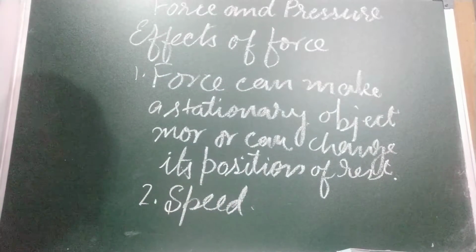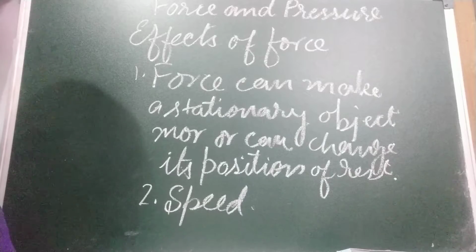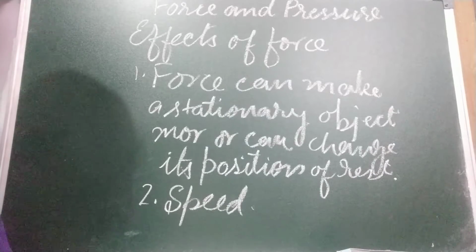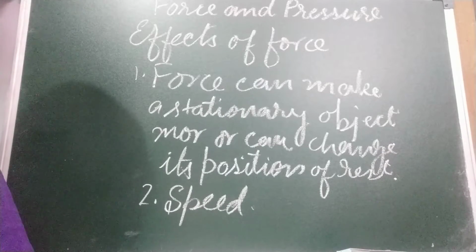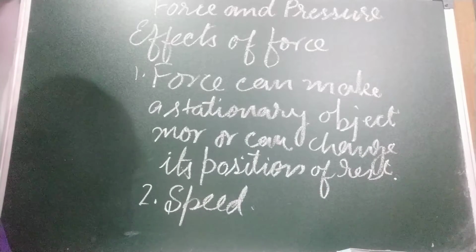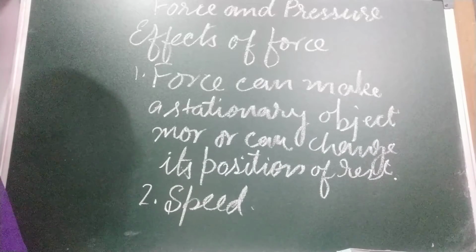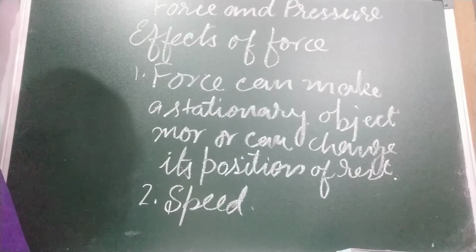A goalkeeper applies force to stop a football and reduce its speed to 0. If he is not able to stop the ball properly, it may only slow down and not come to a position of rest. When a player kicks a moving football, it starts moving faster. Okay, a goalkeeper slows down or stops a football by applying force in the opposite direction to which the football is moving. So this is how change of speed takes place.